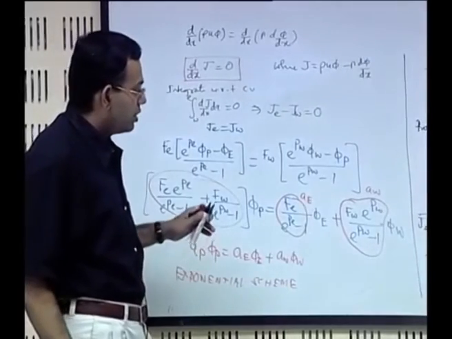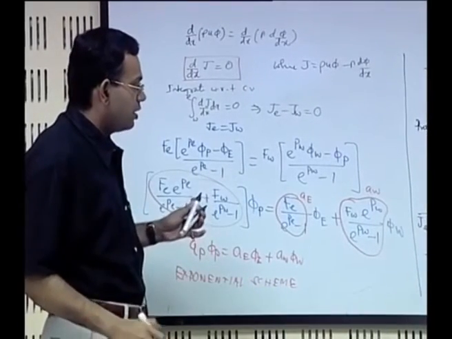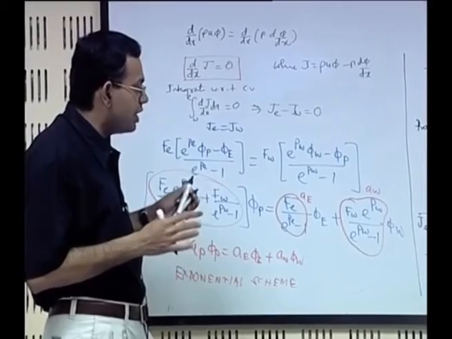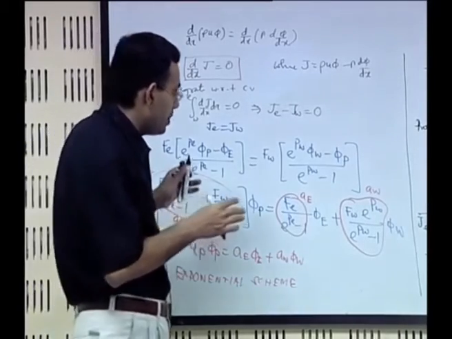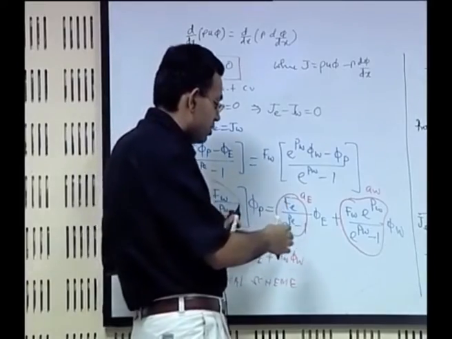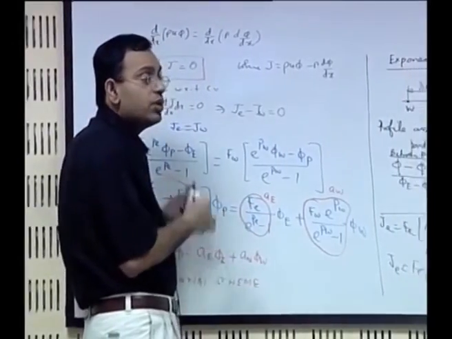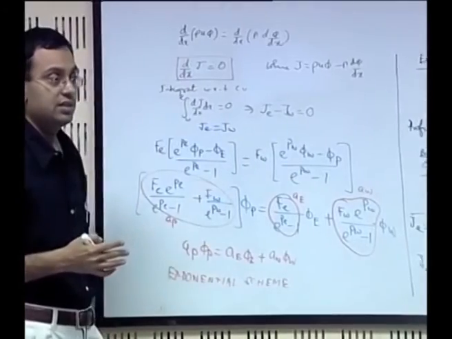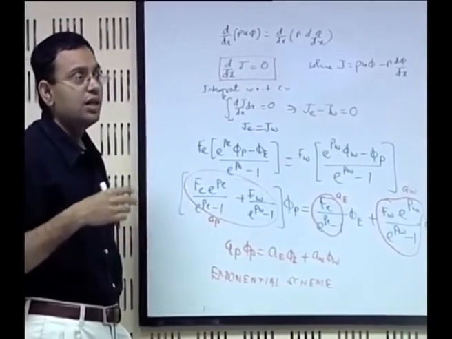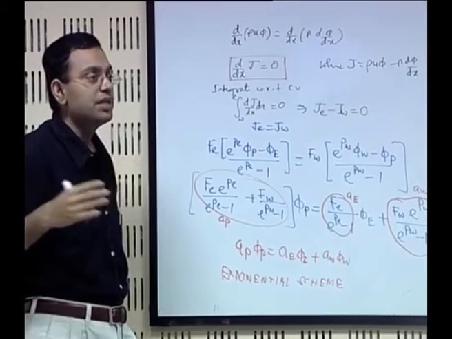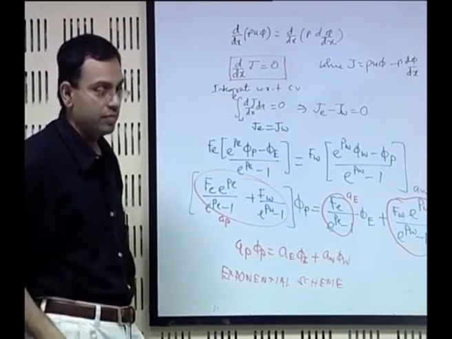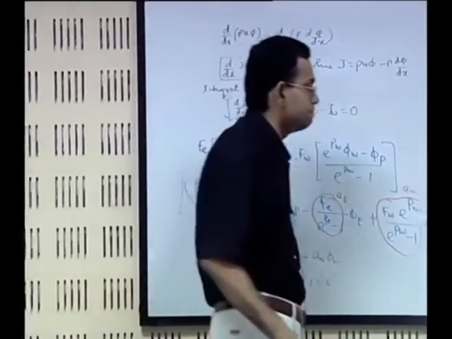To get rid of the problem, our next objective will be to see whether we can have a scheme where we represent the essence of the exponential scheme without using exponential functions, or in a better way, using just piecewise linear functions, can we represent the behavior of the exponential scheme. So, let us try to do that.